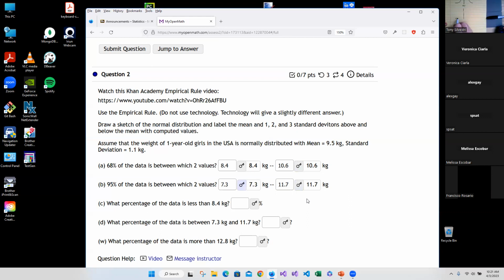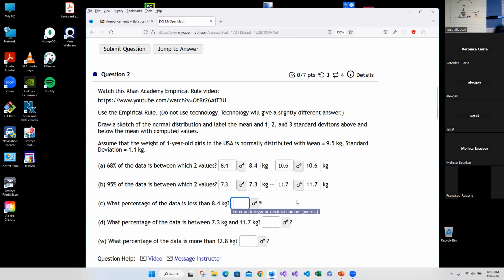Here's our data. Here's our standard deviation. I'm going to try to make as good a curve as I possibly can. Okay. Here's one standard deviation here, 1 sigma. We know that 68% is within this range. Outside the range is going to be 32%. 1 minus 68% is going to be 32%. Half of it will be over here, half of it over here. So 1 minus 68% are sort of like the outliers. That gives me 32. Half will be in this tail, the other half will be in this tail. So divided by 2, I would say